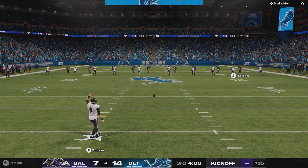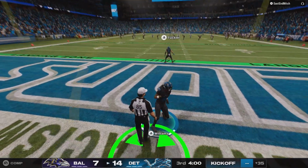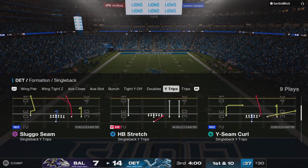We'll see which team's adjustments are going to pay dividends here. I think it's going to play a big role in who wins this one. This one will be taken in the end zone. No run back forthcoming. And the ball coming out to the